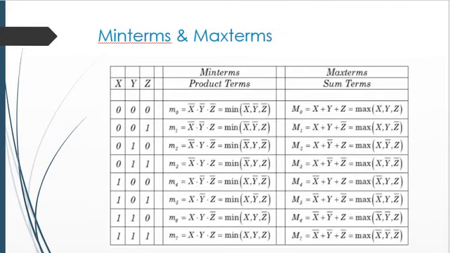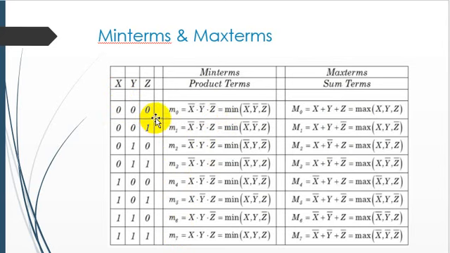So let's have an overview of the min terms and max terms in the truth table. If you have a truth table with different combinations of the inputs, then the min terms are represented by small letter m, and for the first combination it is m0, then m1, and so on and so forth. The important thing is that when we represent this truth table in input variables, if there is a 0 in our input, then in the Boolean expression we represent it as a complement.